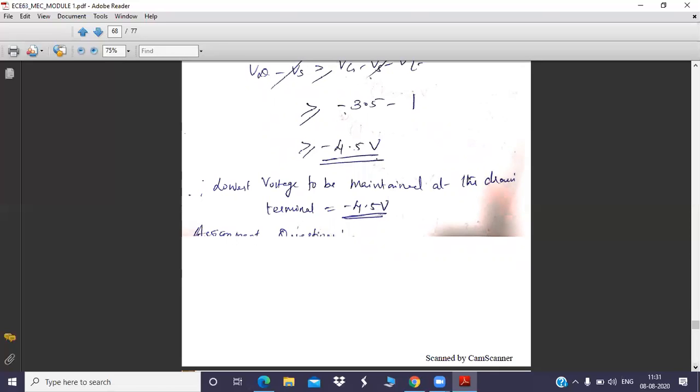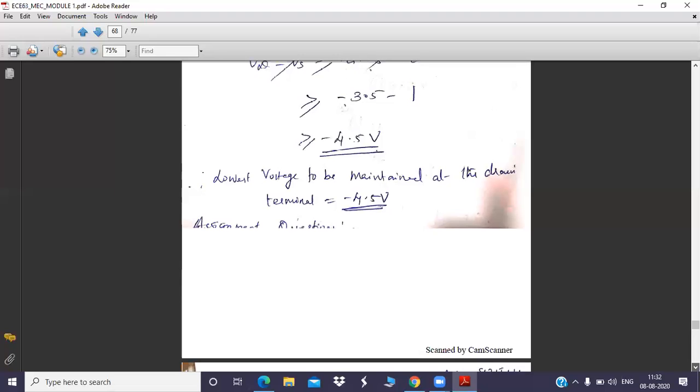You may experience a Q point shift whenever there are supply variations, load variations, or temperature variations like that. For that reason, you design efficient biasing techniques to keep the Q point stable, so that it stays confined in the desired region of operation so as to get faithful amplification. What will happen if there is no faithful amplification or linear amplification?